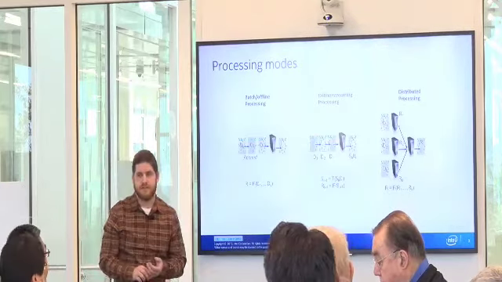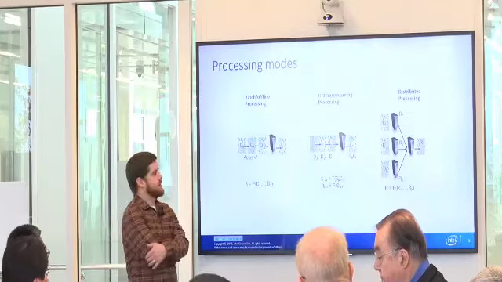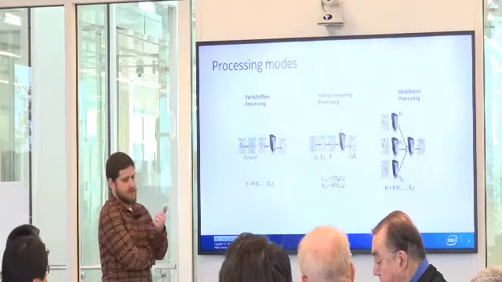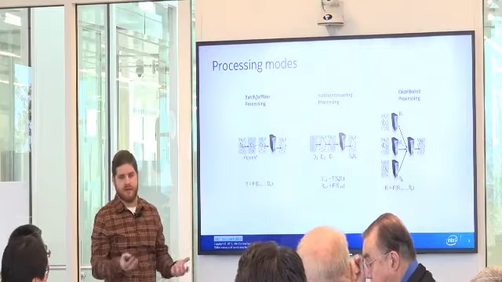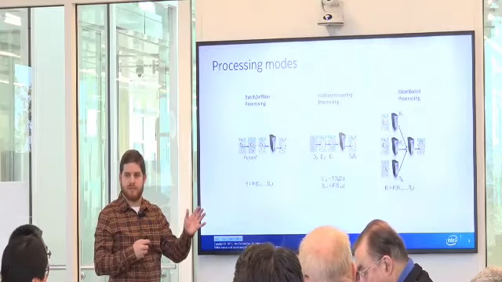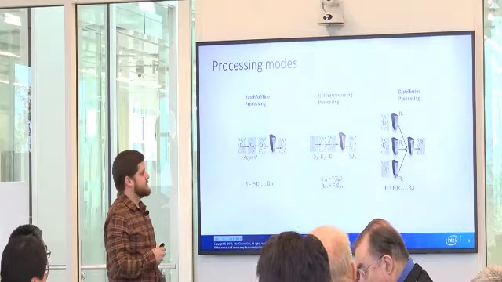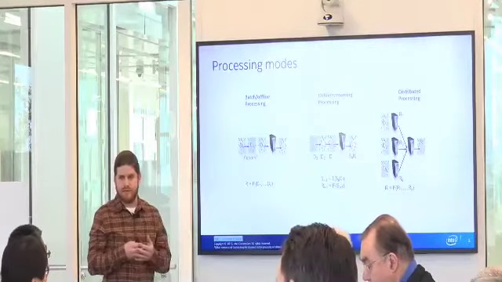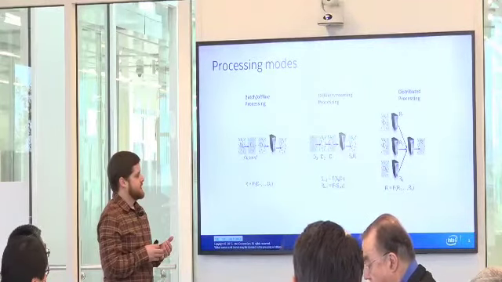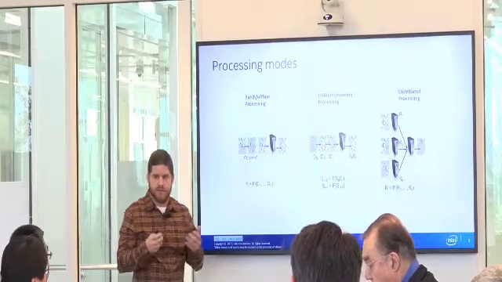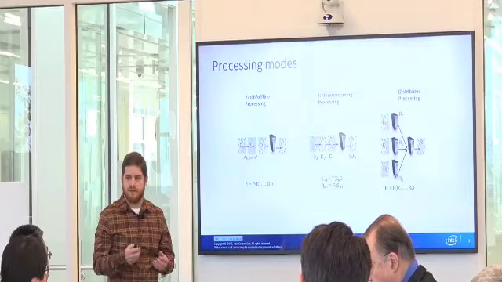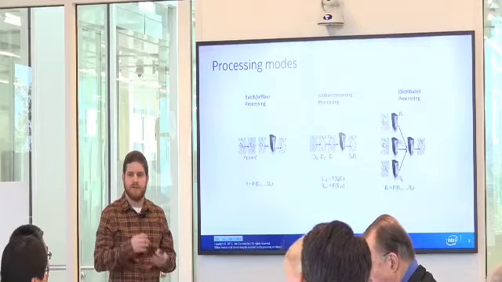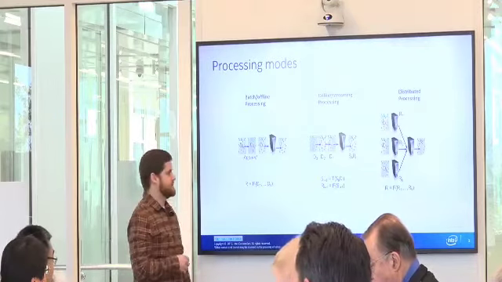So DAL itself has 3 processing modes. We have a batch and offline mode. This is when you're lucky enough to hold all your data in memory and just process the whole thing in one fell swoop. We also have online or streaming processing mode. This is on-the-fly processing, right? So you have a small amount of data, you build an initial model, you bring some more data in, and you incrementally build it up and build it up and build it up.